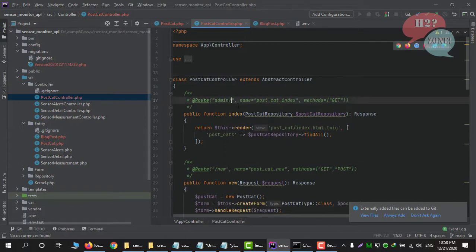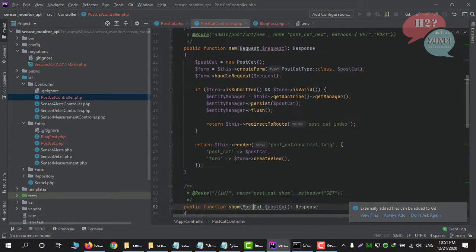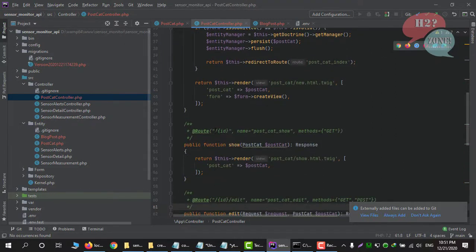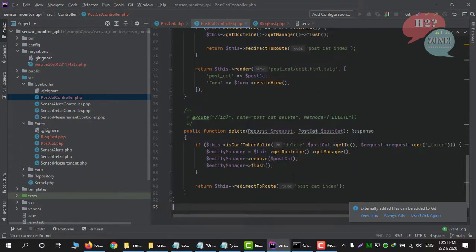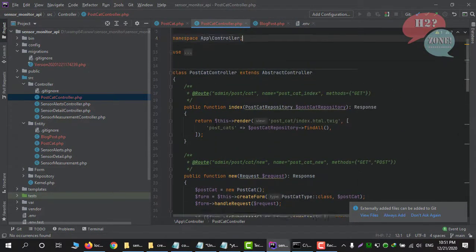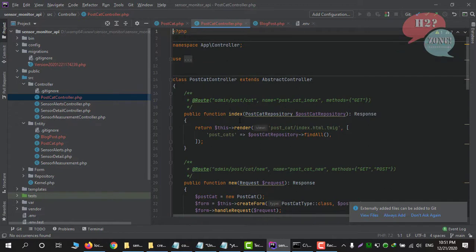That's why I am going to use post/cat. Same for this new, same for this, also same for this. Now our post category controller is ready.